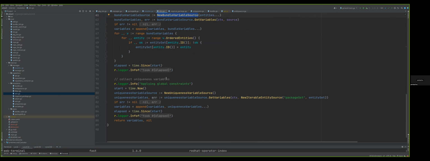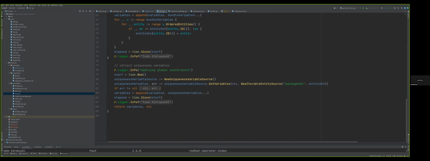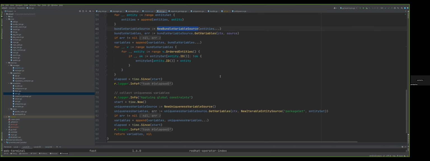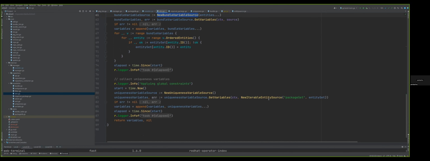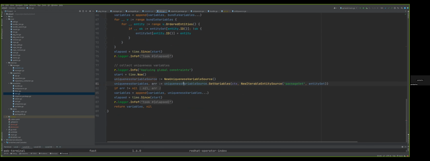So if a particular package that we require has a few dependencies, those dependencies are in the set. So if we select that, those will be selected too. And then finally, we take that set of bundles, so it should be a bundle set rather than a package set, and we pipe it into yet another variable source,